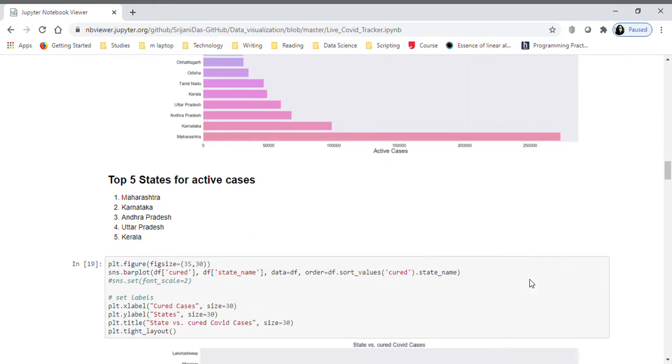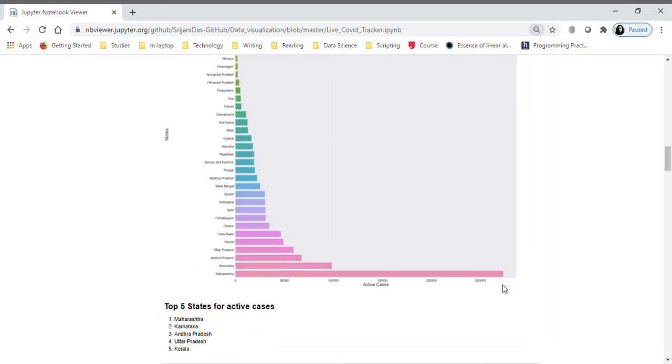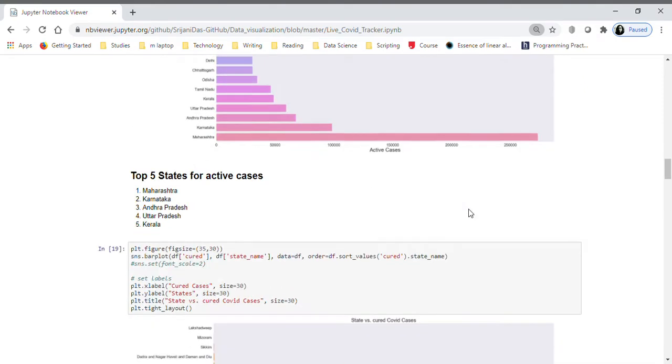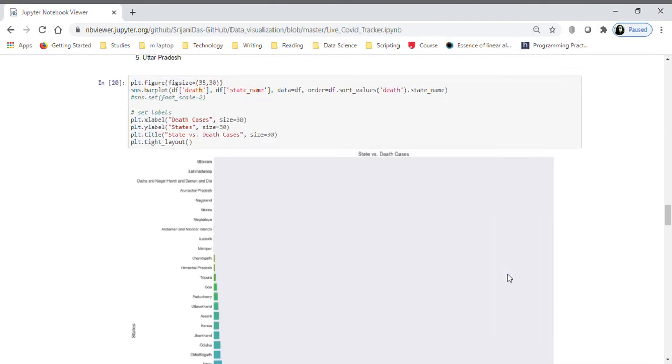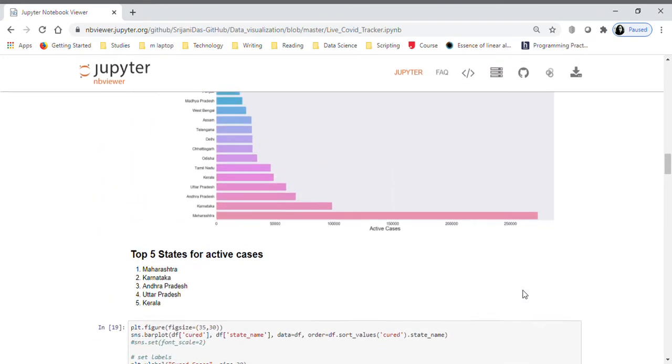So basically I just did a few graphs of active cases, state-wise active cases, state-wise cured cases, like how the states are performing, I mean the counts.